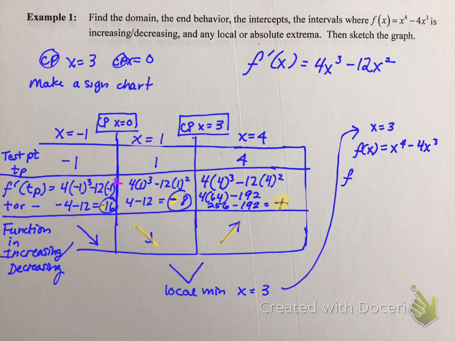So if you plug in 3 into that function, you get 3 to the 4th minus 4 times 3 cubed. Okay? And I'm going to do the math quickly, but if you plug it into your calculator, you're going to get -27. So that critical point, or that local minimum, is at (3, -27). Okay,